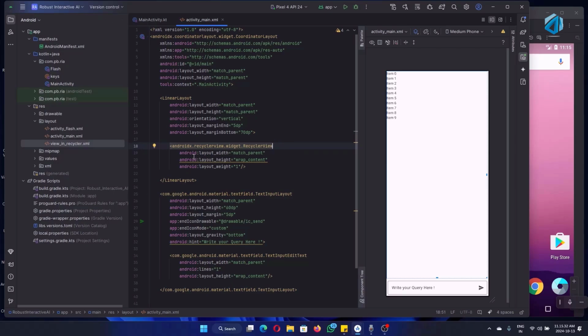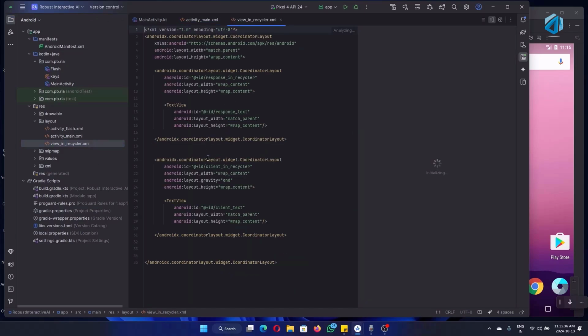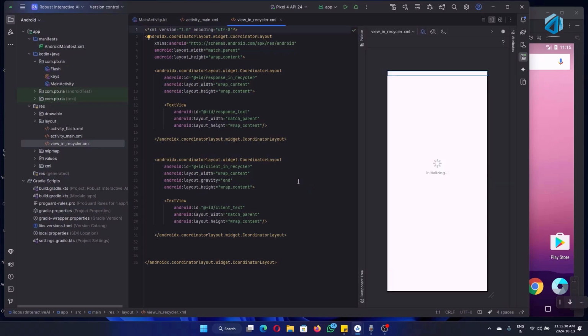For the recycler view we have views, right, which we need to populate inside our recycler view. You can see we have this view. Inside this view we have two coordinate layouts which are both wrap content. Okay, and this one, the width is match parent and the height will be wrap content for both. Okay, so before we just add this, for now, not permanently, for now we just